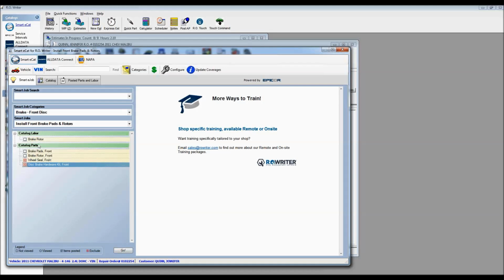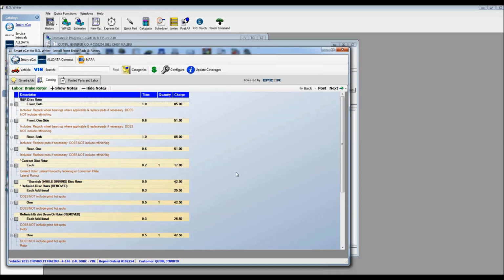And now when I click on go, only 3 elements to consider: the brake rotor, the pads, and then also the labor for the brake rotors. I click on go at the bottom of this window. It takes me first into the labor window. The smart job will go through the different elements in the sequence that we've defined. In my case, starting with the labor,